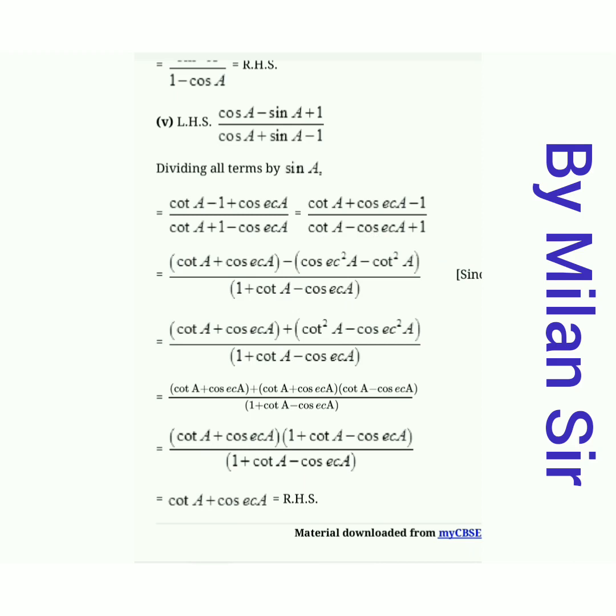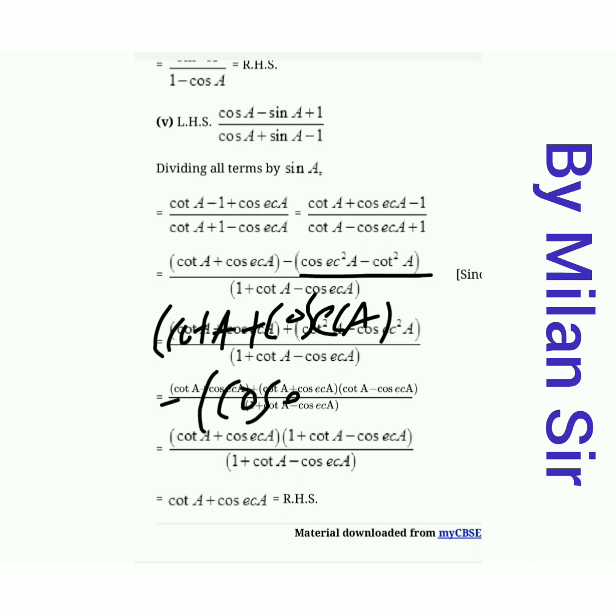Now in the numerator, this is the form of x square minus y square, because cosec square A minus cot square A. Then our first bracket as it is, minus sign as it is, meaning cot A plus cosec A as it is, then minus sign, and this is the form of x square minus y square. So we can write the answer as x plus y and x minus y. So one time cosec A plus cot A, and one time cosec A minus cot A.